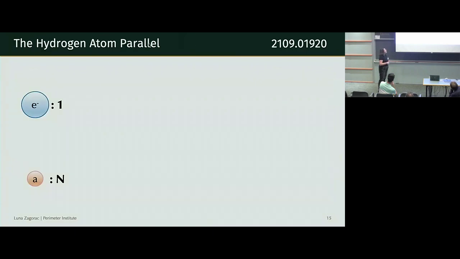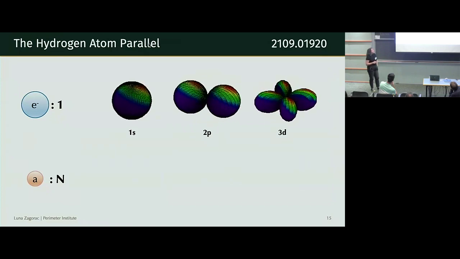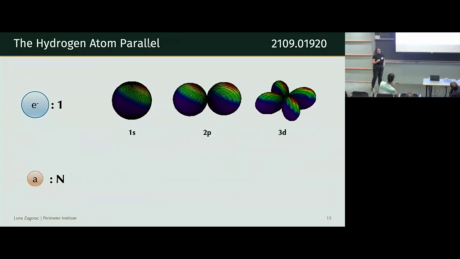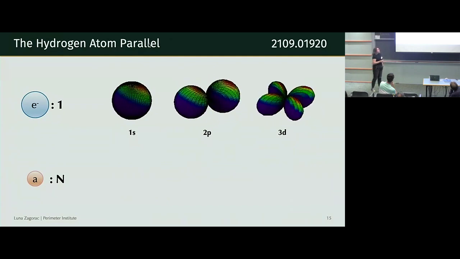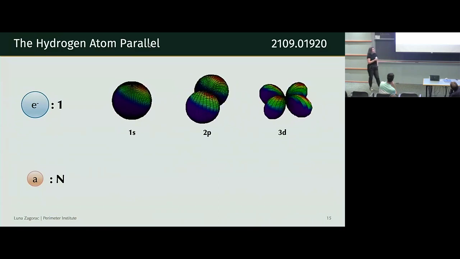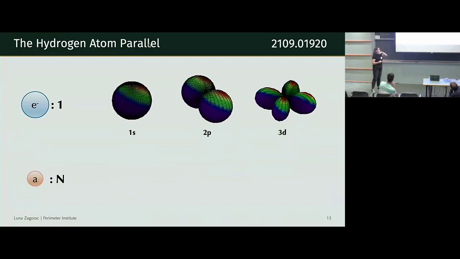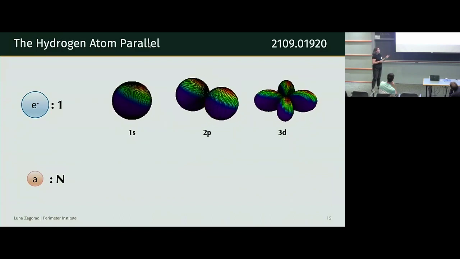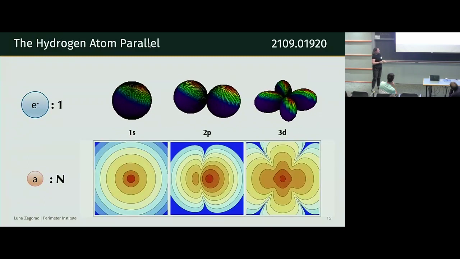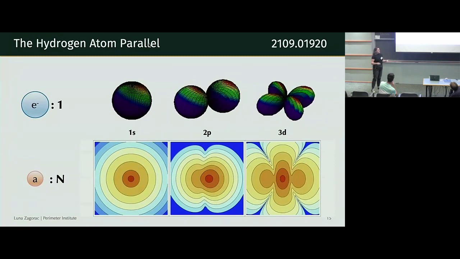And so just to complete the hydrogen atom parallel, if we're thinking of a hydrogen atom, you might be thinking about a single electron orbiting a proton, and it lives in these orbitals that look something like this. In the case of fuzzy dark matter, what you have is a metric bajillion of axions that don't have a central thing that they're orbiting, and they're not held together by E and M, they're held together by gravity, and so what you really need is that ground state, and you can superimpose one of the excited states to see what it does.